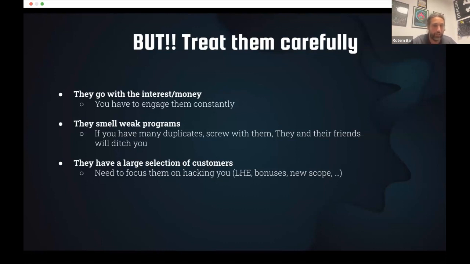And also, if you try to screw them over, if the programs are weak and not mature enough, if you have many problems and lots of duplicates, then they will feel like you're just not taking them seriously, and they will leave the program. And when they leave, they tell the whole community, their friends inside the small forums, that this program is not fun, is not paying, and they will just leave it. So part of the game is to be good with them, help them, give them bonuses,